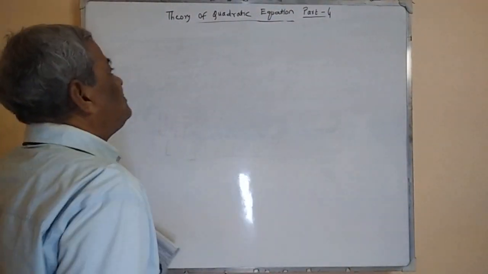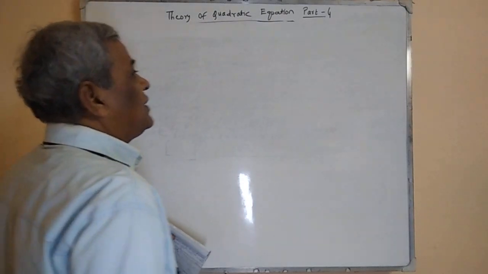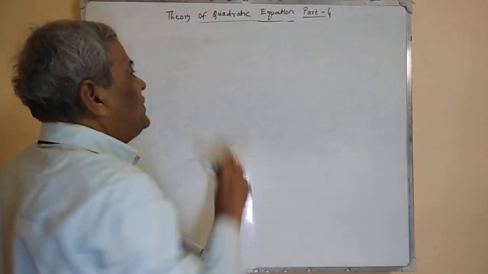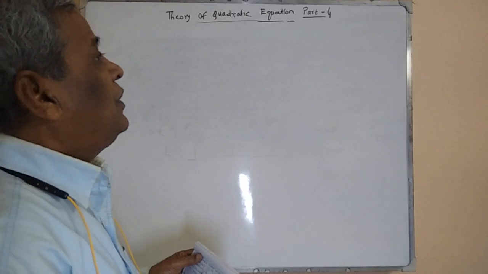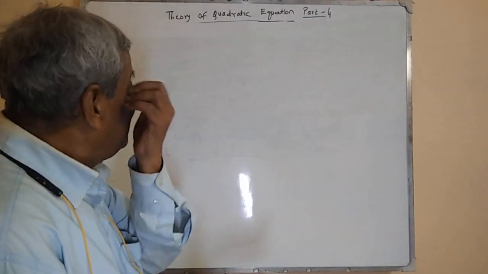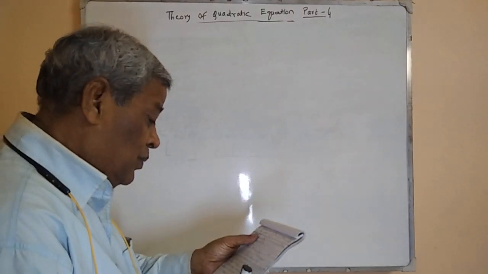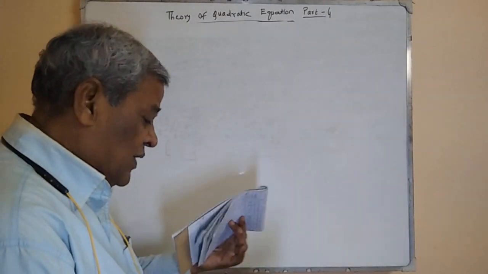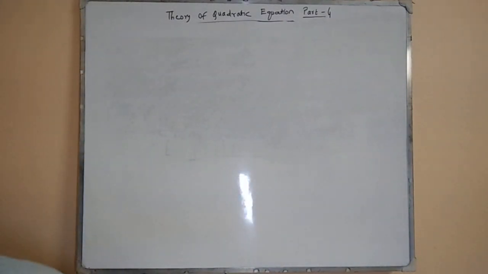Welcome. Today we discuss another part, that is the fourth part of the theory of quadratic equations for the IIT JEE exam. A few problems will be discussed today. The first problem is,